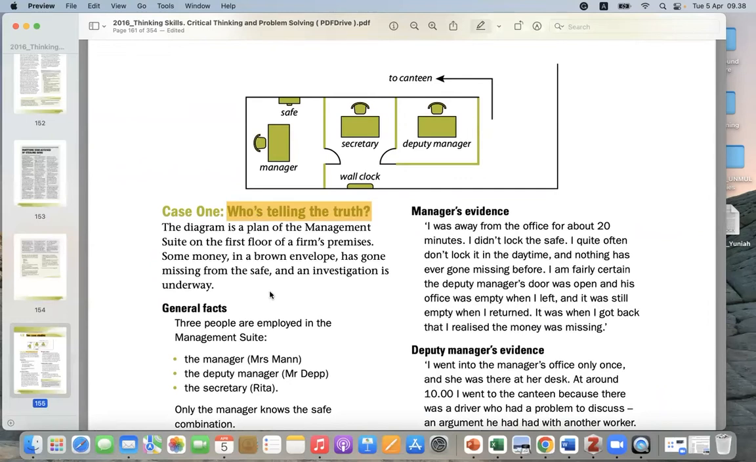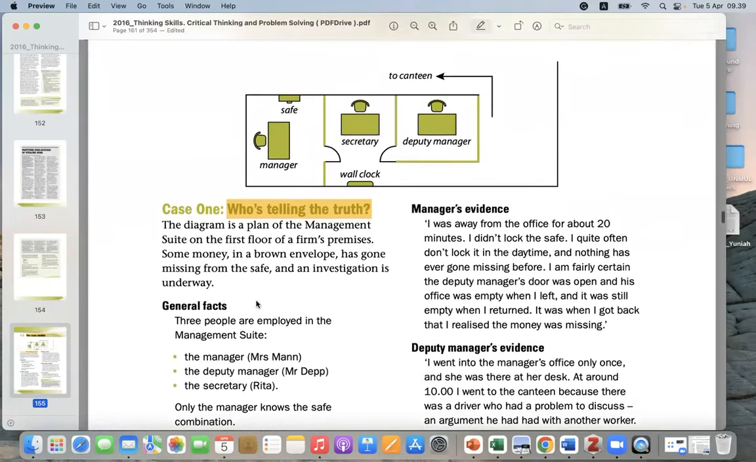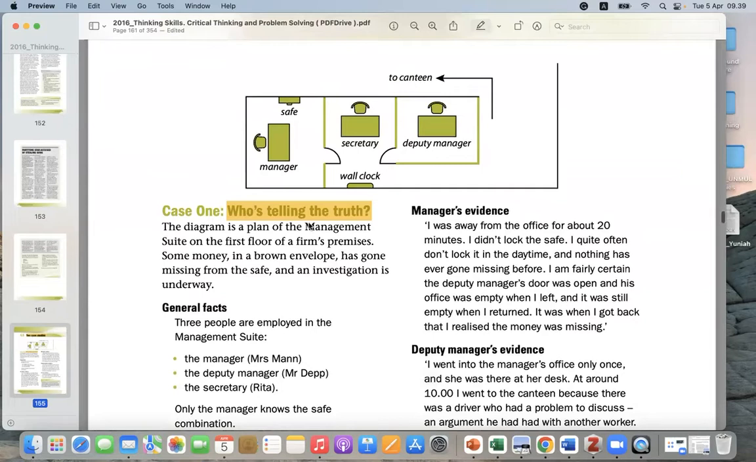A box for saving money, or something like this. So some money has gone missing from the safe, right? The money has gone, yeah. And then you have to know who's telling the truth. So you have to know the credibility of the information from three different positions: manager, secretary, and